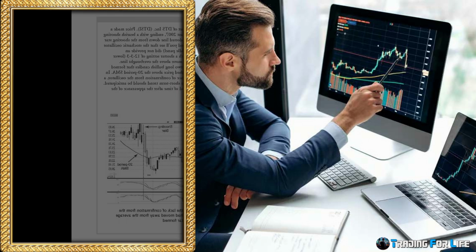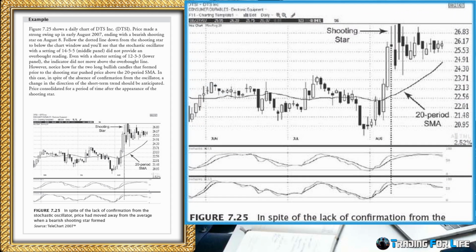Example: Figure 7.25 shows a daily chart of DTS Inc. (DTSI). Price made a strong swing up in early August 2007, ending with a bearish shooting star on August 8th. Follow the dotted line down from the shooting star to below the chart window, and you'll see that the stochastic oscillator, with a setting of the 5th of May 14, middle panel, did not provide an overbought reading. Even with a shorter setting of the 3rd of March 12, lower panel, the indicator did not move above the